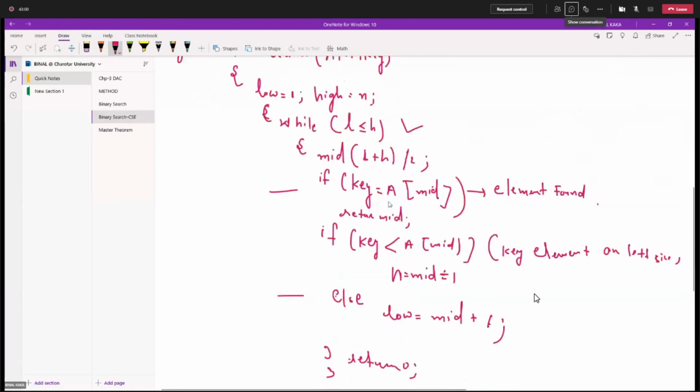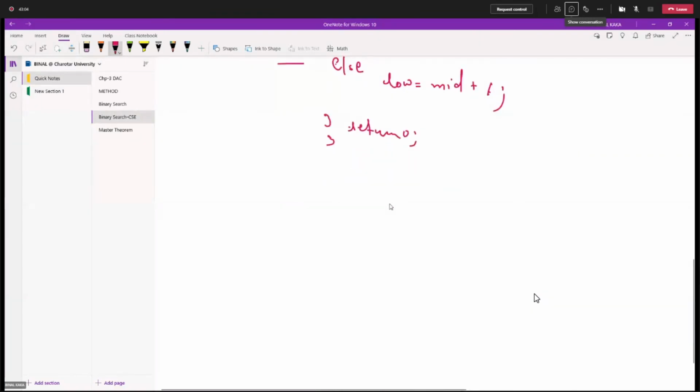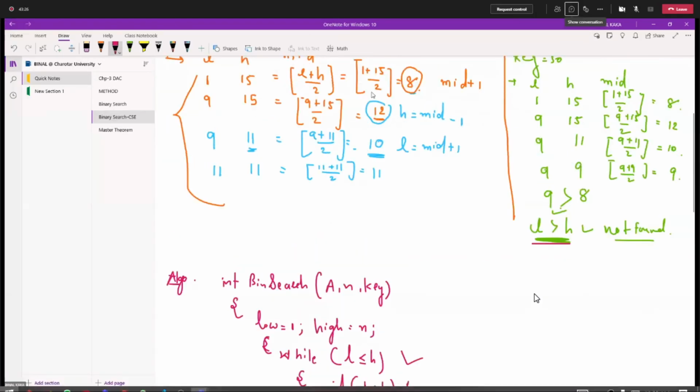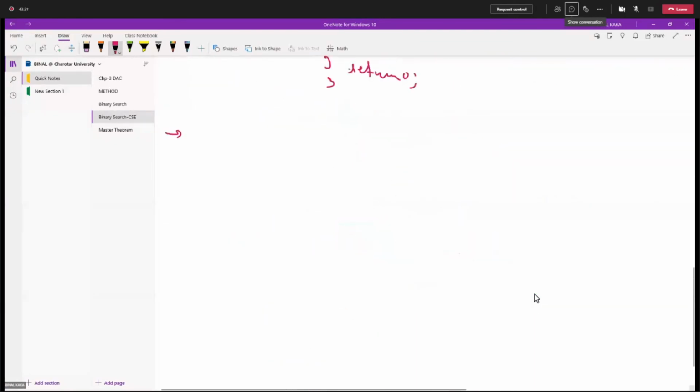This is just for understanding. Now if we want to do the tracing of the tree, let's try to trace with the help of a tree, because this is how the process is repeated until the element is found. If we do the iterative process, how can we do it and how can we trace the tree? So as per the above example, I'm taking this same example, right?